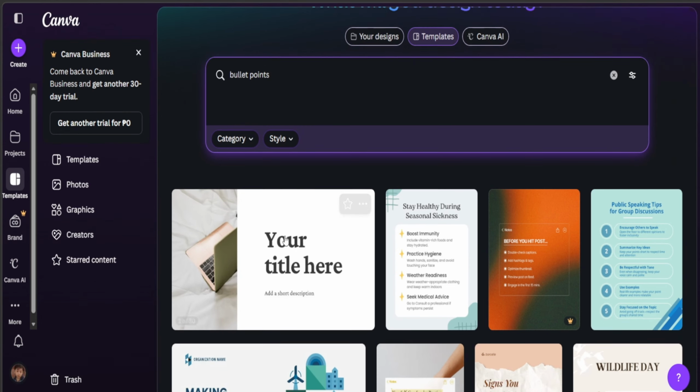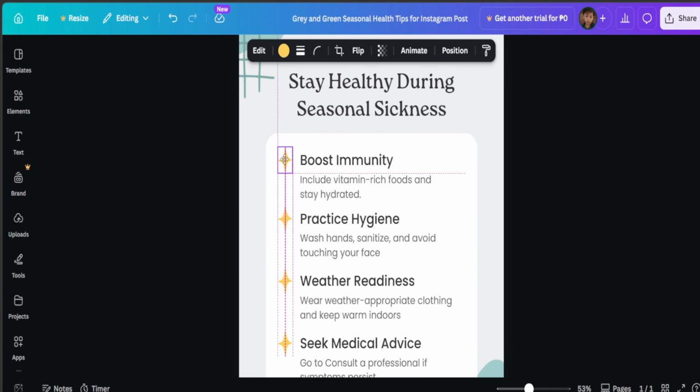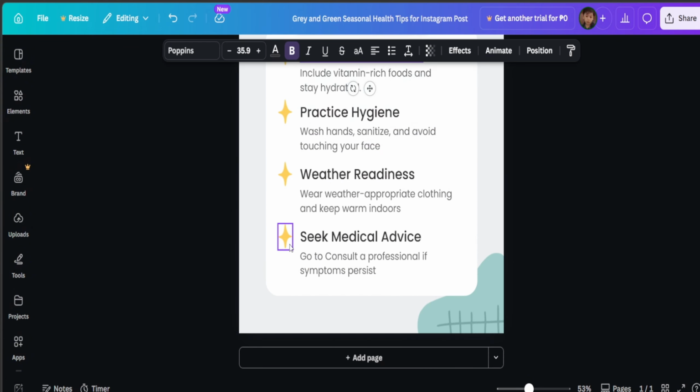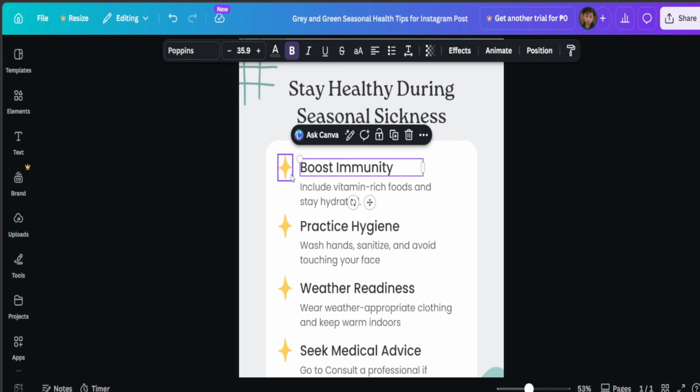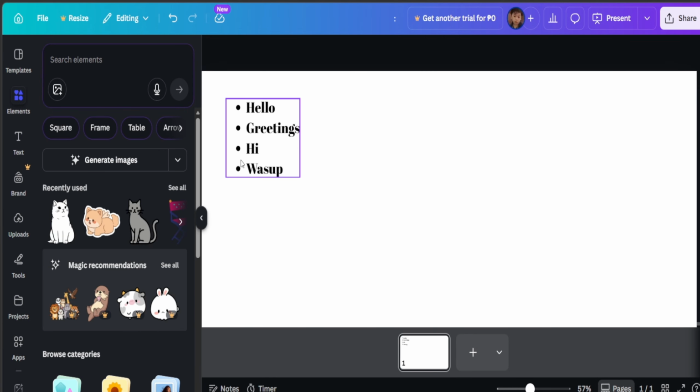You can use some sort of template. Let's say you're using this one, and all you have to do is change the text, or you could copy this element and put it in your design. But this is already a bullet point by itself. And other than using templates or just using other kinds of elements and individually putting them as bullet points,